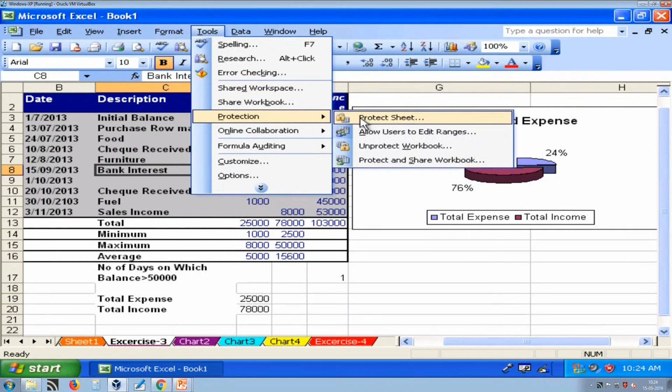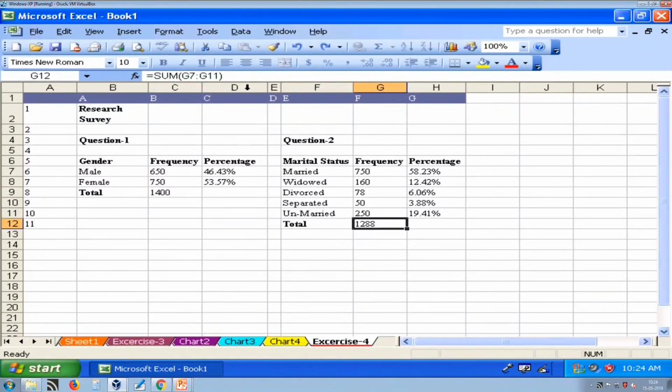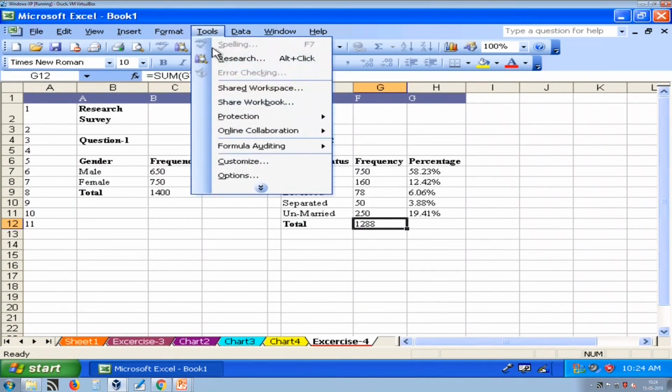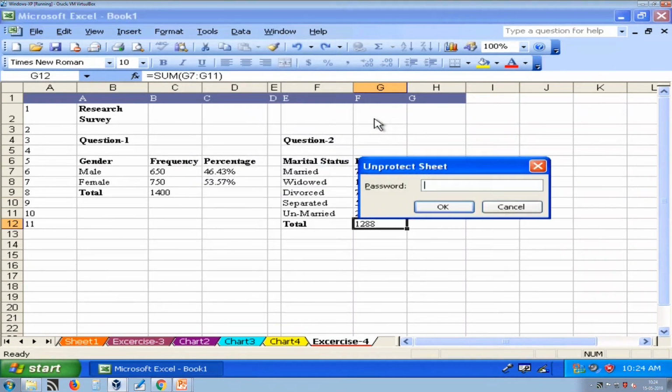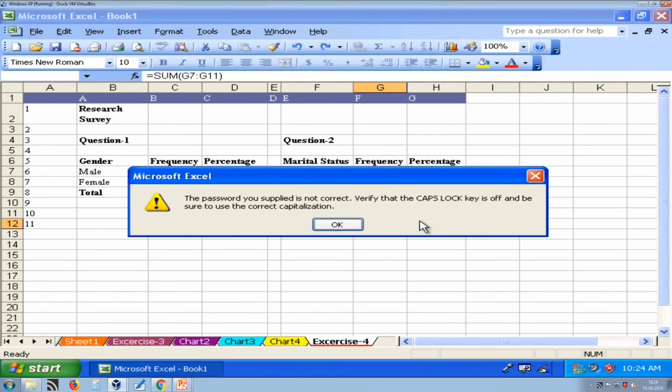Now, to unprotect workbook or unprotect sheet, you have to go to protection and then unprotect sheet. But before unprotecting, it will ask you for the password which was given by you earlier. If your password is wrong, then it will say that the password you supplied is not correct.